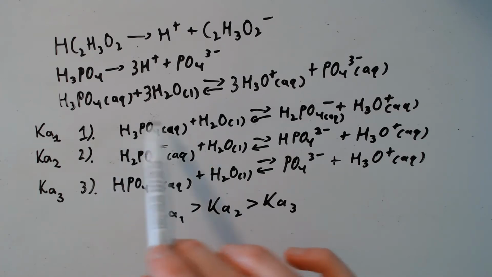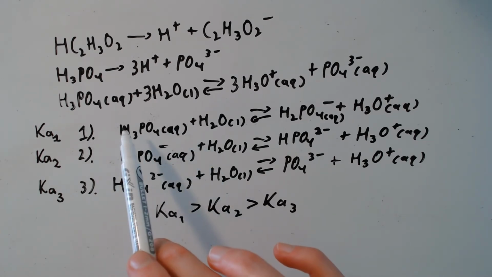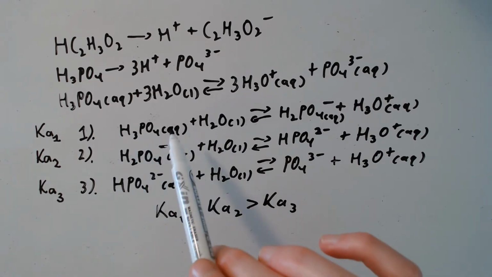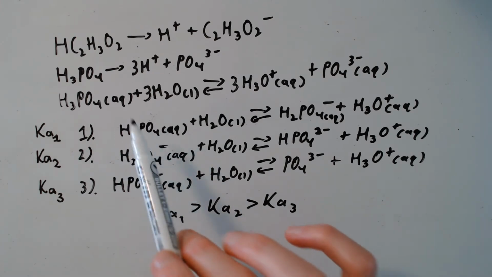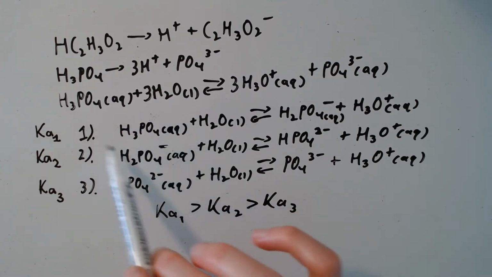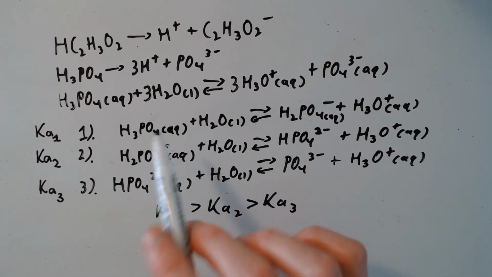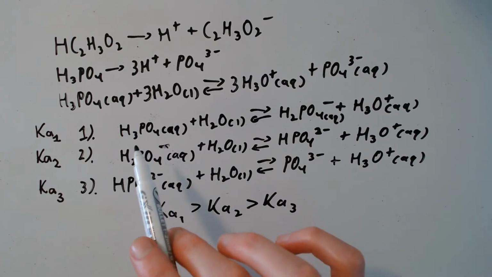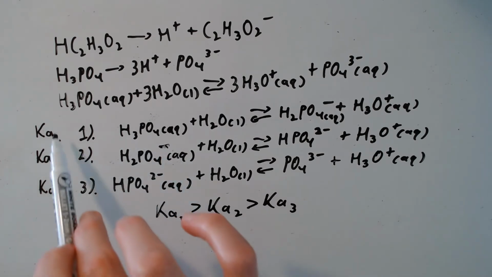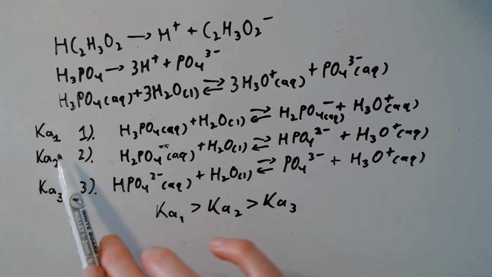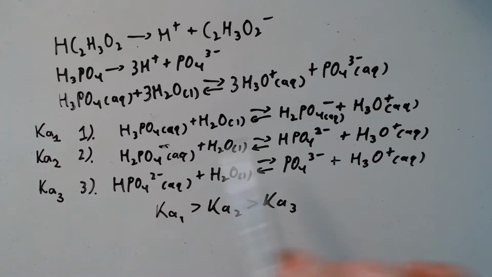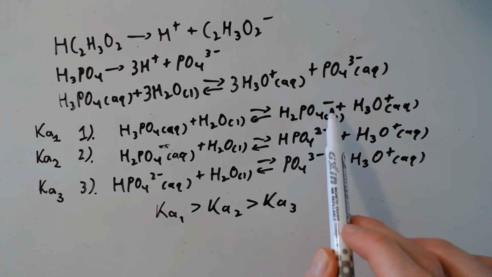So most of this acid remains undissociated. We can also see that basically the H3PO4 concentration is going to be pretty high here. It's going to be one of the highest concentrations of substances in the solution. Furthermore, since the Ka1 for this H3PO4 is the highest out of these Kas, the H2PO4- concentration is also going